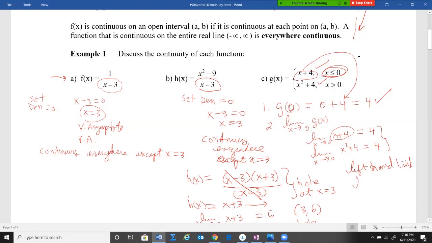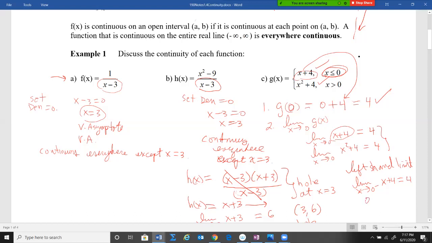And it looks like this. You can say limit as x approaches 0 from the left. See the minus? It's in the exponent. And notice the evaluation is no different. You still directly substitute 0 in, and you'll still get that 4. But see, it doesn't make any sense to find